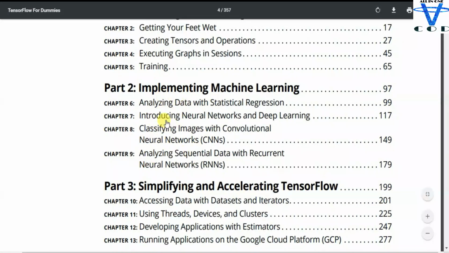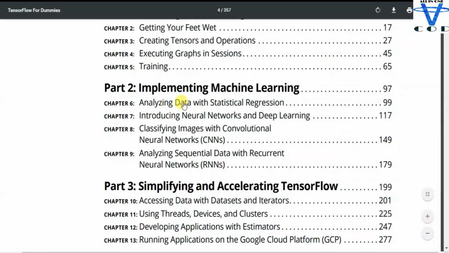And this is a very important part, because in this part if you miss even 1 second, you miss the whole machine learning stuff. In here you can see analyzing data with statistical regression. This is a very important thing.